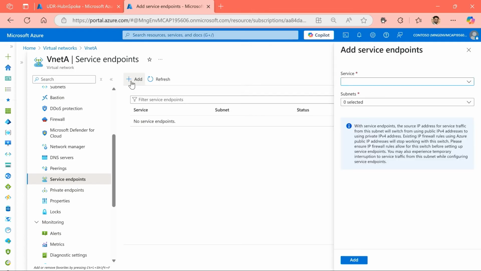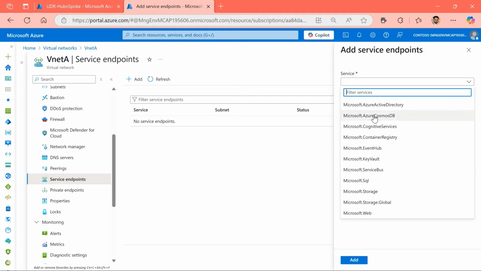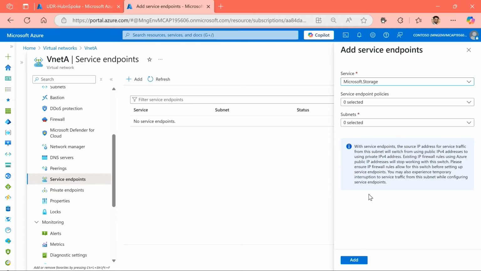However, if I start creating one, it will suggest what service you are creating a service endpoint for, and you can go and choose. Like I mentioned, there are 11 services that are available for me to pick and choose from. However, I cannot be specific if I have more than one, which one I am choosing. I can just say open a pathway for, in this case, Microsoft Storage. Then it suggests currently none of them created. For which subnet are you creating?